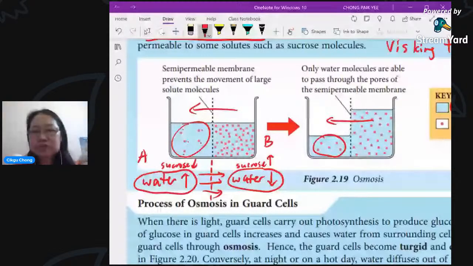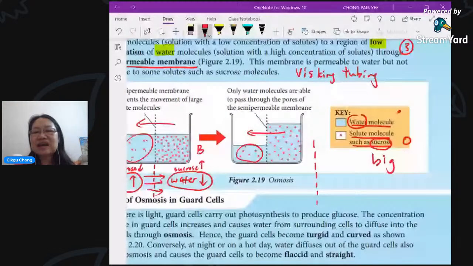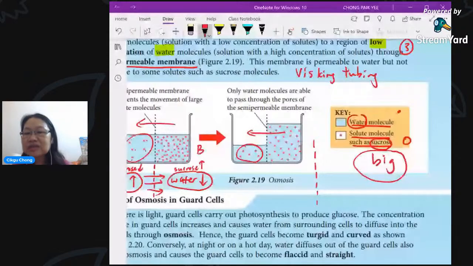Anyone can tell me? It's something to do with the membrane here. What did I mention earlier? You remember or not? Look here. What did I say about the size? The size of the molecule is actually bigger, yes, it cannot pass through. Yes, correct, Xiaohui. Sucrose molecule cannot pass through. Why? You didn't give me the reason. Can you qualify the statement by typing something?